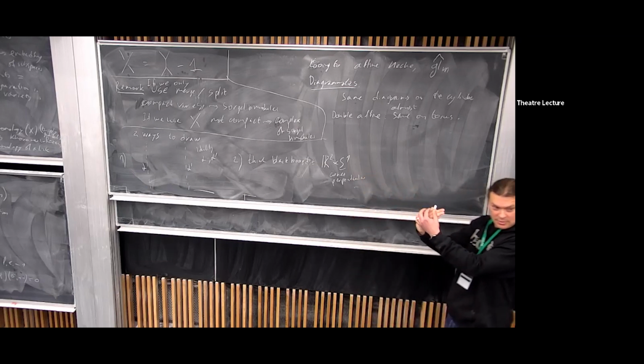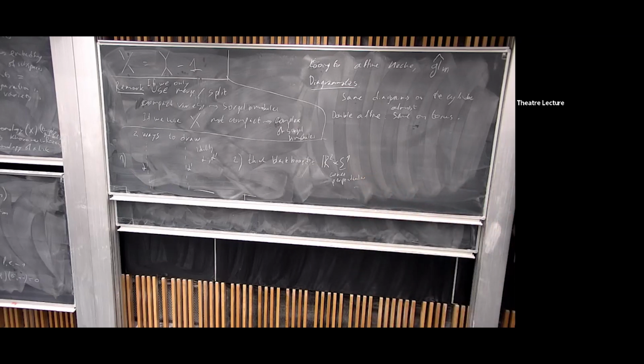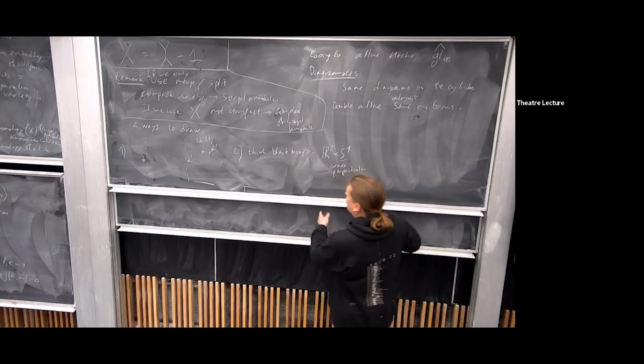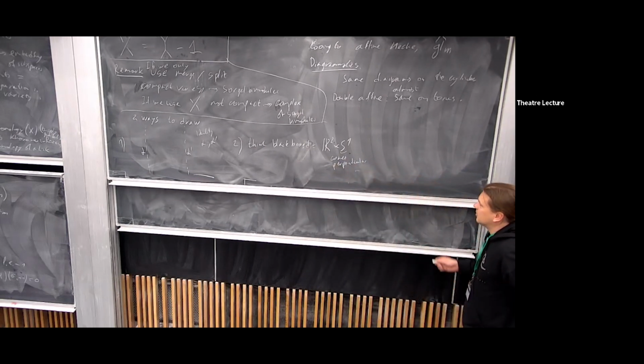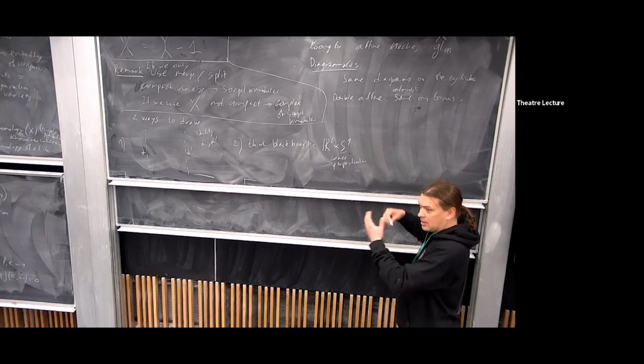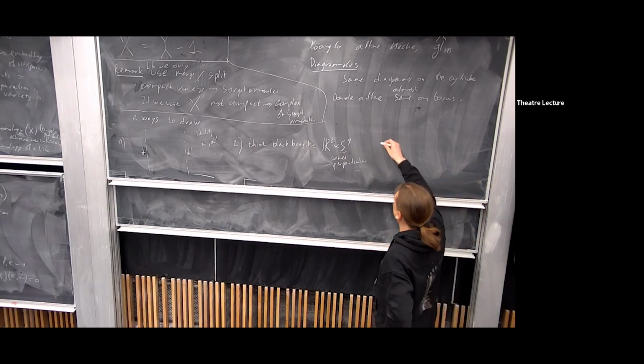It comes in our face and then somehow reappears from the back of it, right? Because it's S1. So then every diagram is a combination of arcs as before, but then